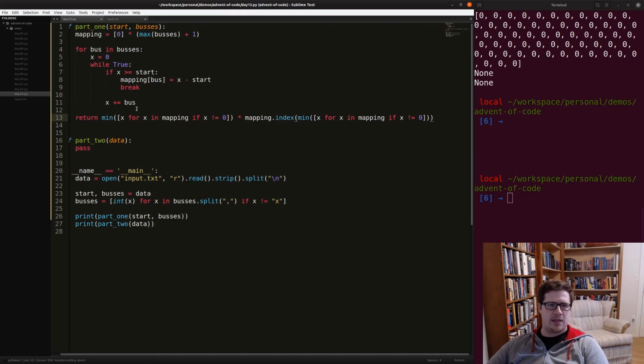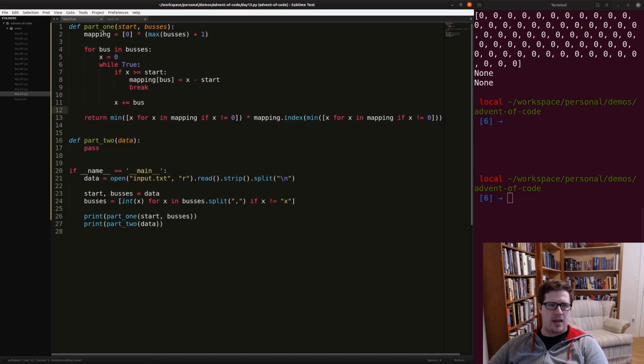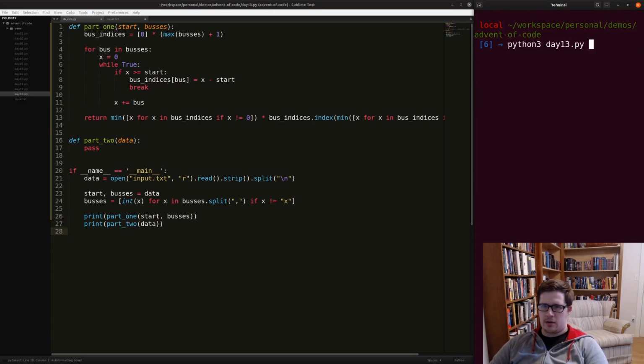Essentially what we're doing is we want to take the bus's index, which is what this mapping is, bus indices, let me rename it, bus indices. And for each of the values in bus indices, assuming that it's not 0, we want to get the minimum value, and we're multiplying that by the bus index that has that minimum value. So this is the bus ID, and this is the number of minutes that you have to wait. So theoretically, if we did this correctly,